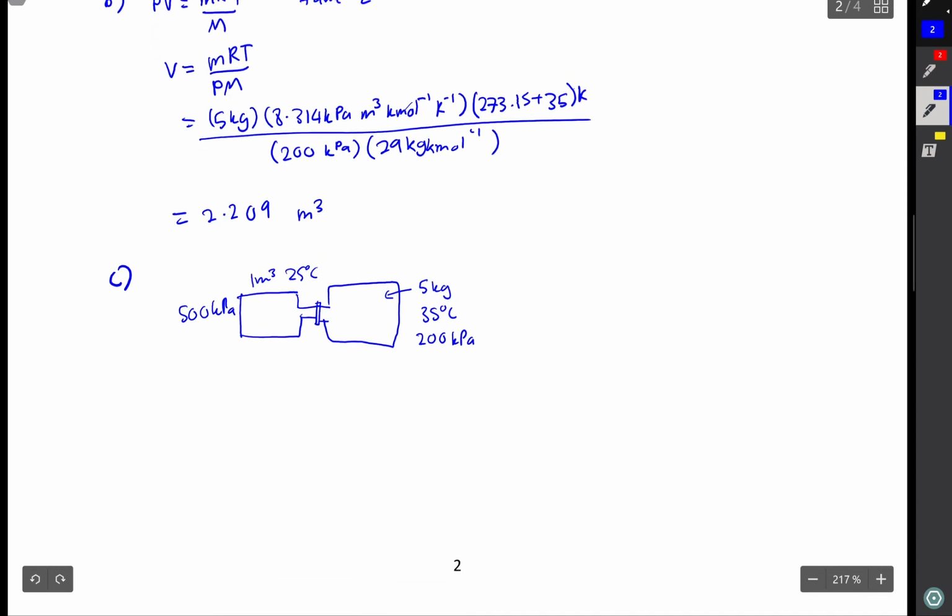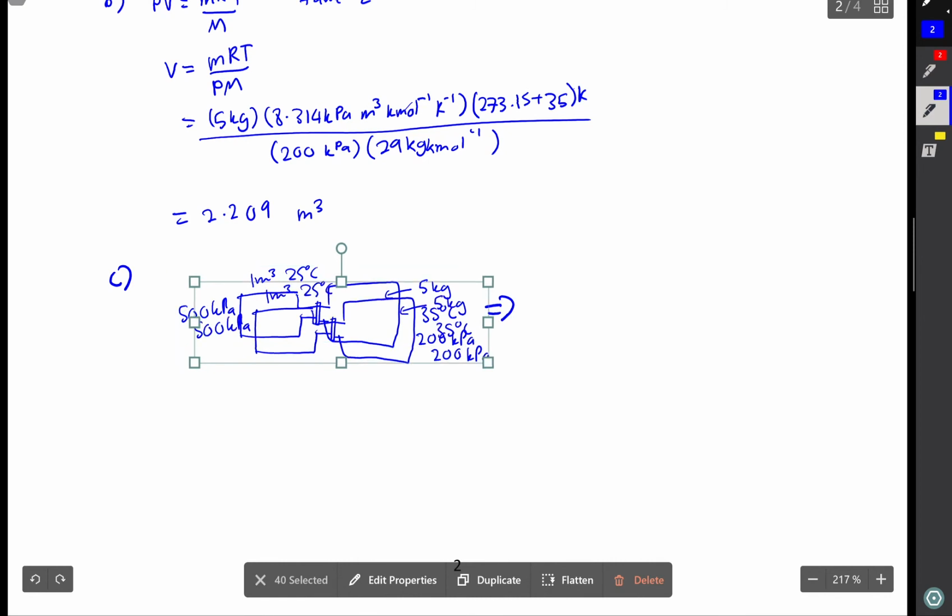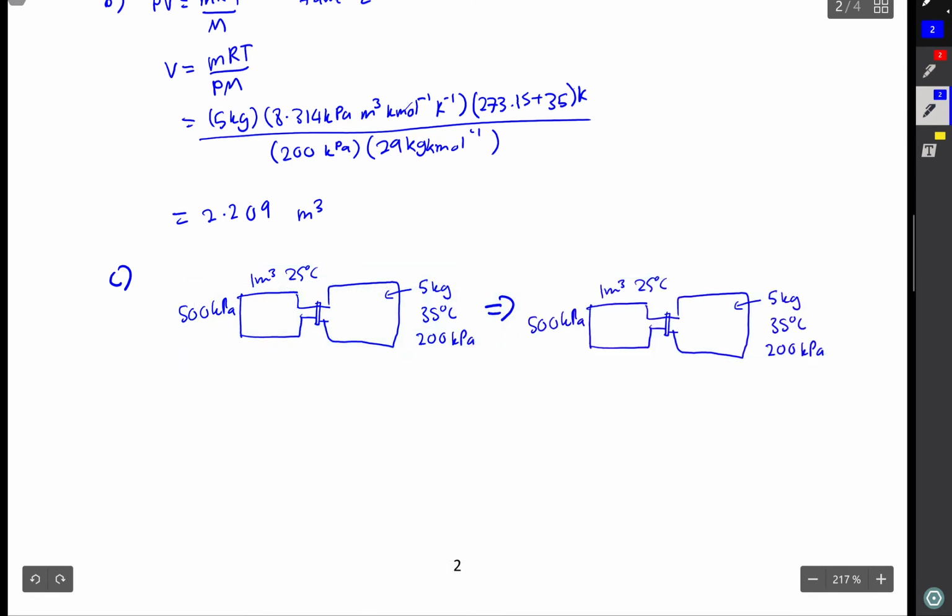Only then at question C, the valve here is being opened. We remove the valve when we allow the gas to flow. Okay, we allow the gas to flow, so